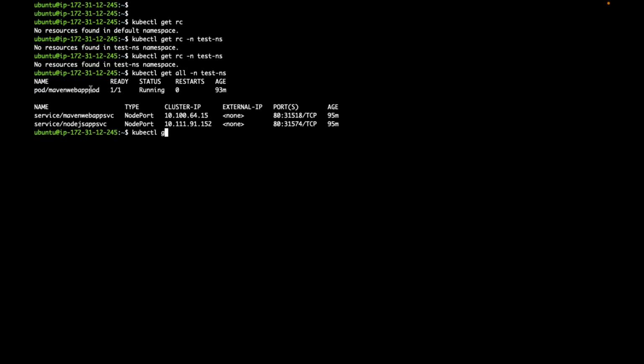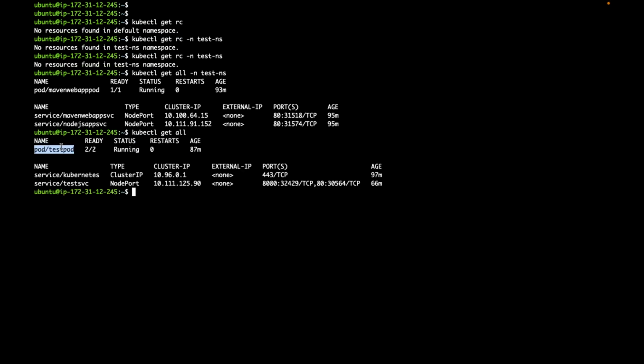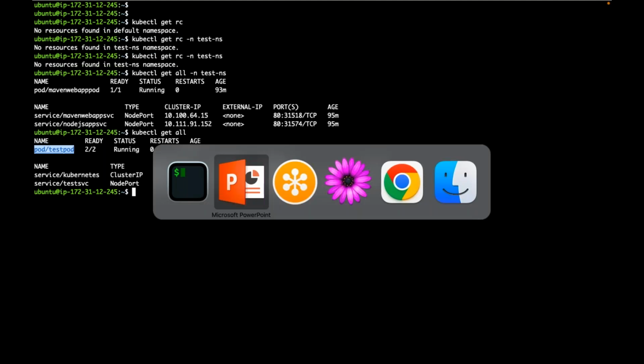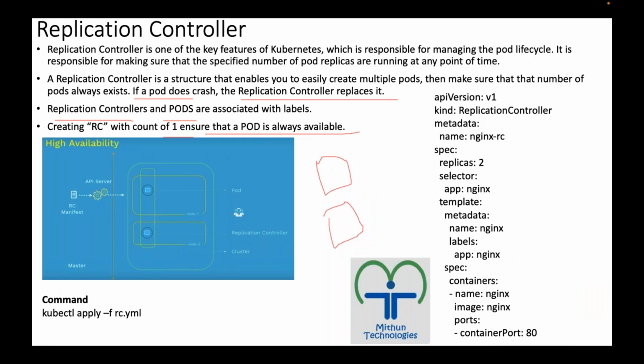This one in that namespace and this one in that namespace. Are these pods created and managed by any controller? No. So is it recommended to create pods directly? No. Now if I use replication controller, will it create and manage the pod? Yes.